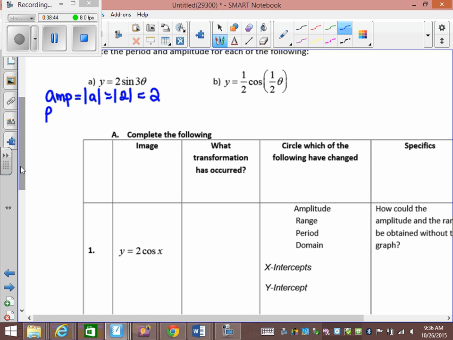The period of the graph. The only way you can tell if it's in degrees or radians is if there's a horizontal translation, just so you know. If there's a horizontal translation, which would say 3 theta plus 30 degrees, then you would know it was in degrees, moving 30 degrees to the left. If this were a half theta minus pi over 2, then you would know it was moving pi over 2 to the right, and then it would be in radians. If it doesn't give you a horizontal translation, it would have to give you a domain or something to tell you